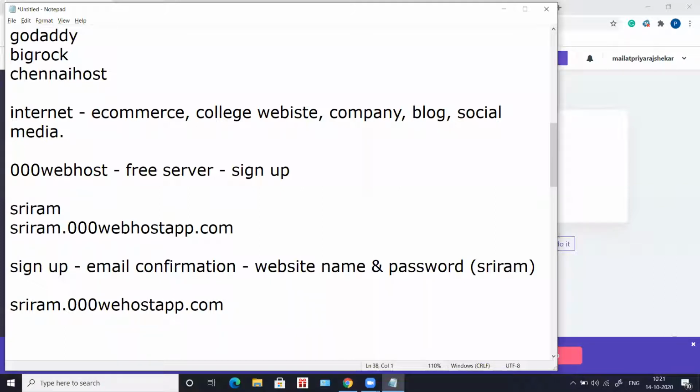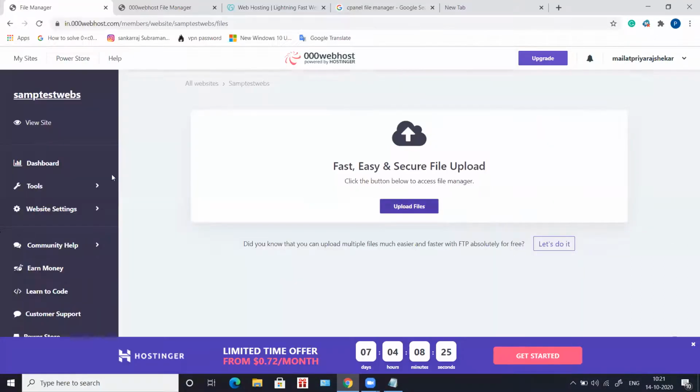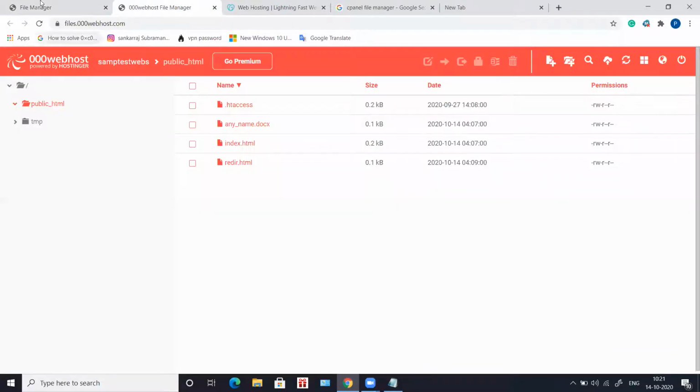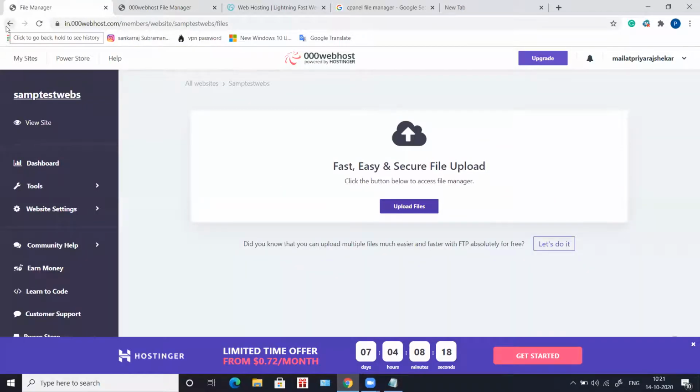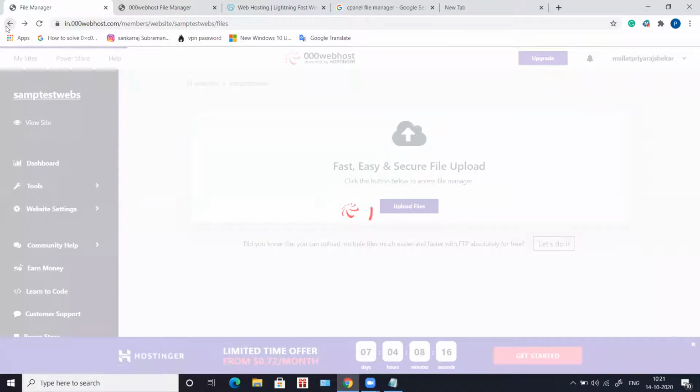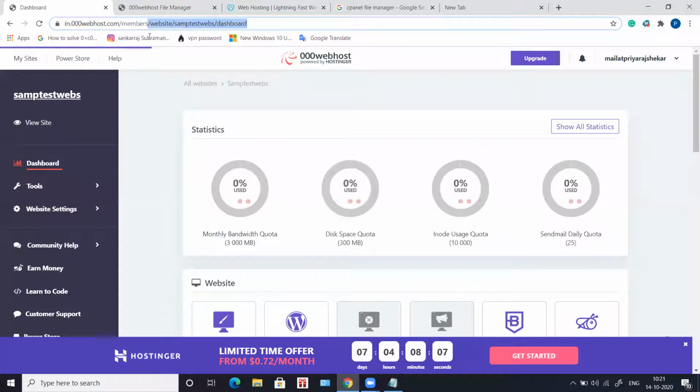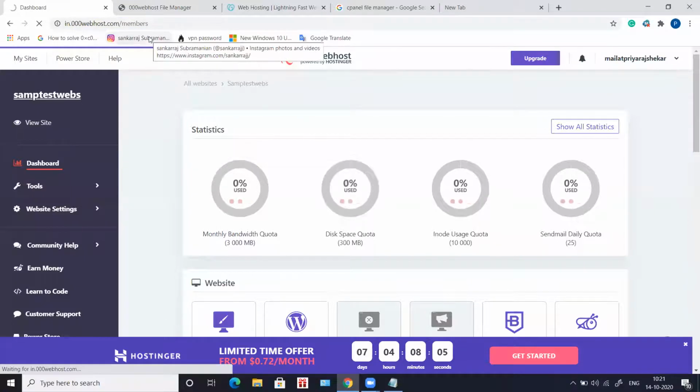So this is the sign up process. Sign up process is very simple. You have to choose all the categories properly, and then you're good to go. Once you've signed up, I'll just go back so that I can show you which page you will land on. I am actually going to land on this page. So once you sign up, it is going to land you on this page.